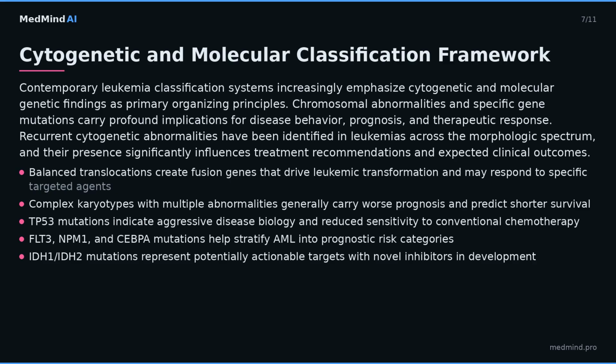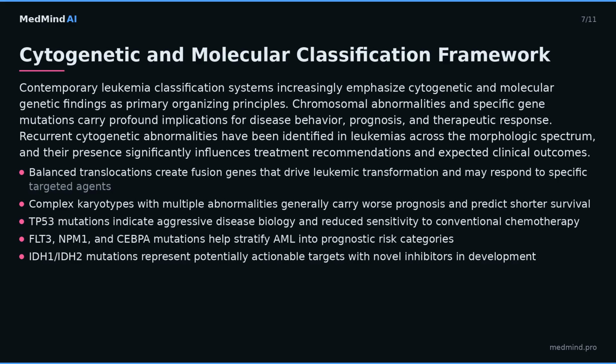Recurrent cytogenetic abnormalities have been identified in leukemias across the morphologic spectrum, and their presence significantly influences treatment recommendations and expected clinical outcomes. Molecular techniques including fluorescence in situ hybridization, FISH, karyotyping, and next-generation sequencing detect these critical genetic changes